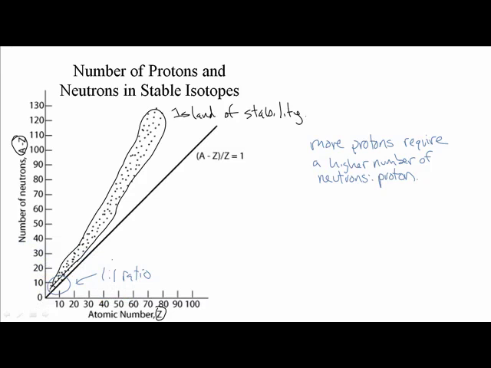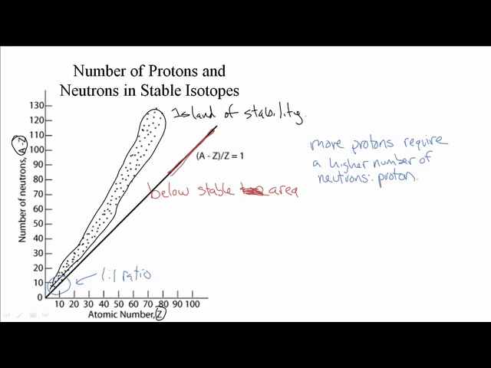So if we are down here, below the island of stability, below the stable line. This is not the stable line. This is the stable area. This is not the stable line. This is just thrown in there for you to see where protons equals neutrons. So you can see that you require more neutrons as you go. If you're below stable,